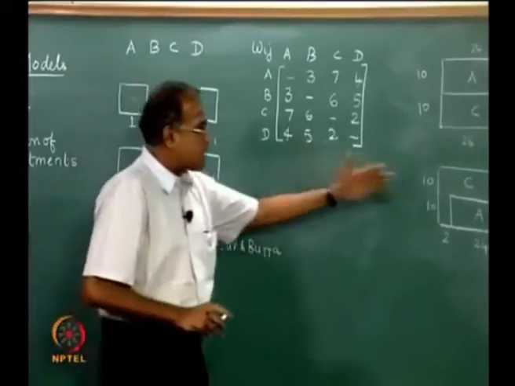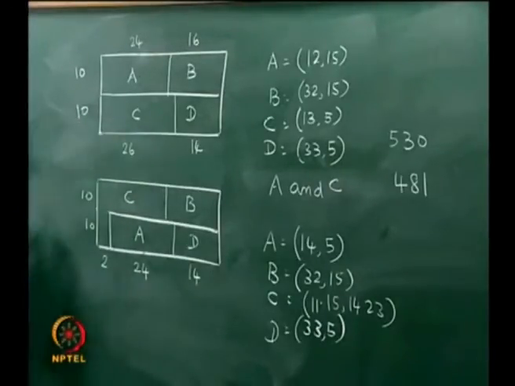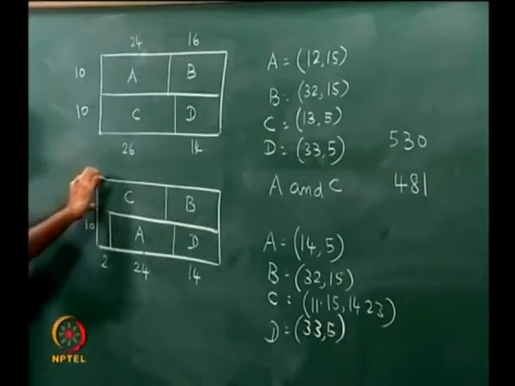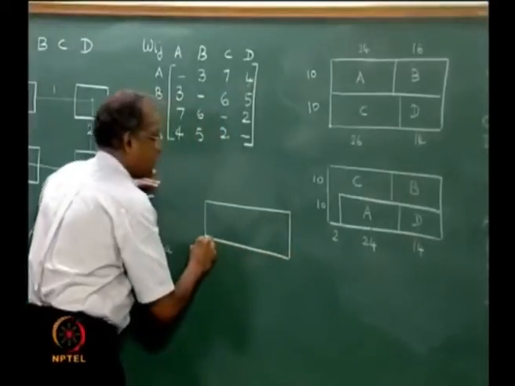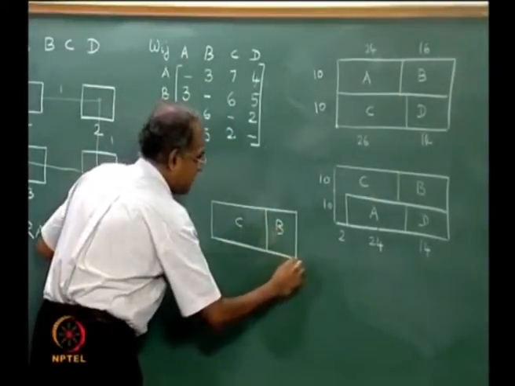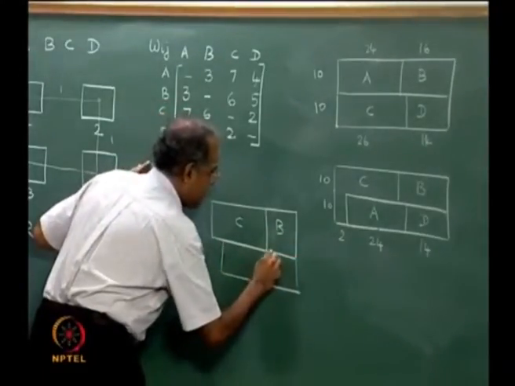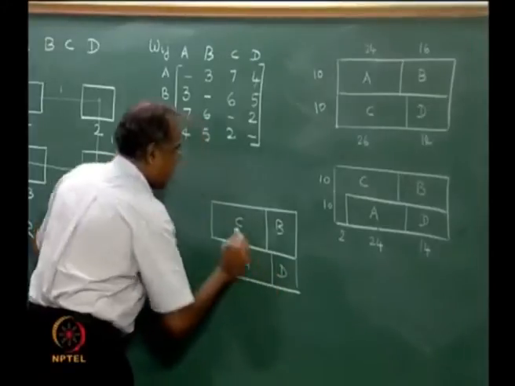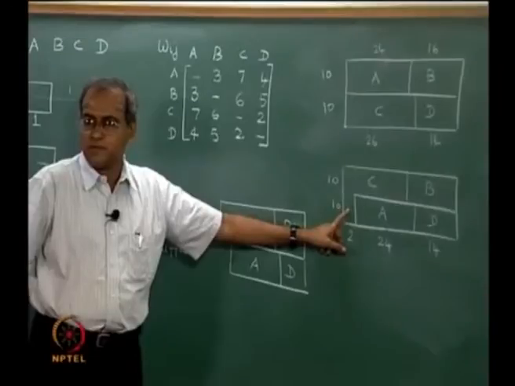So when it comes to actually implementing it, we could think in terms of making some very small changes and then checking out whether we can add some more area here and bring it so that we can expand C a little bit. So we could have C occupying something like this, and then maybe we could think in terms of D being here and A being here rather than have C come up to this.